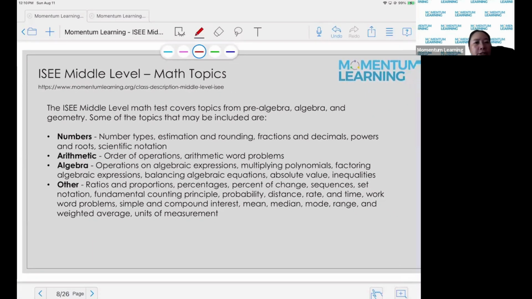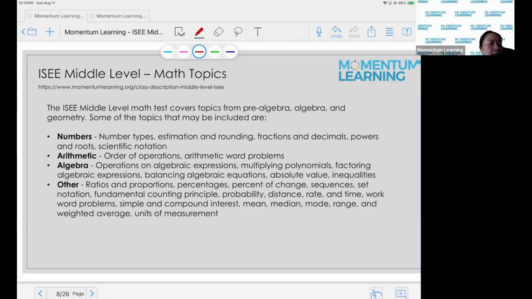Now let's look at the topics. Those are the big topics, so we split it in the class. We have 44 topics total, and each week we will go over a couple of topics. Some of the topics might be numbers: number types, estimation, rounding, some of the easy ones, fractions, decimals, exponents and roots, scientific notation. Arithmetic, you will be doing questions like order of operations, like PEMDAS, and